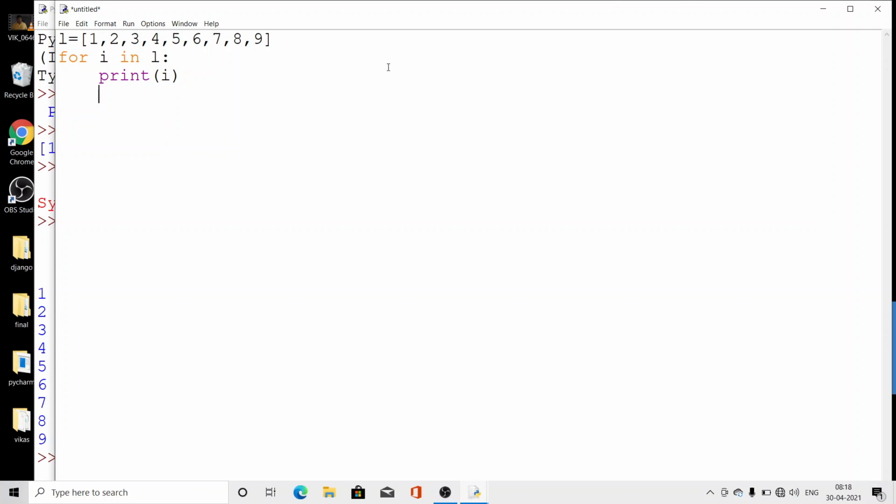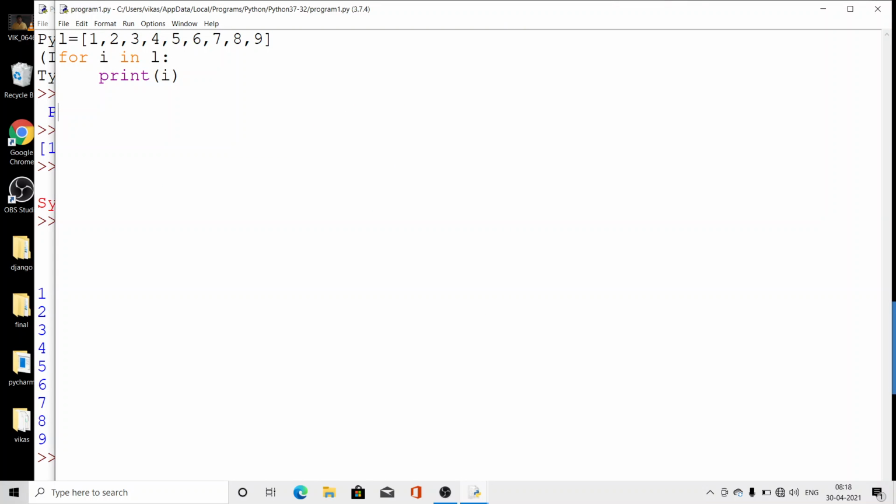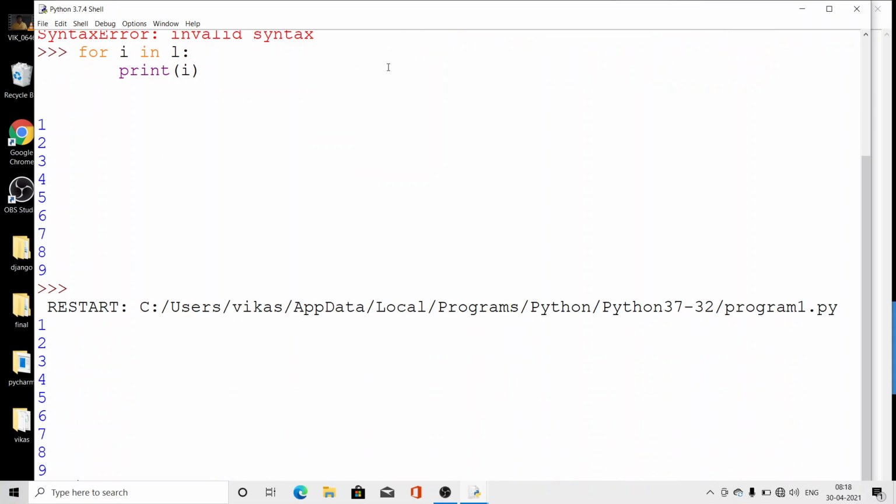Now here the in operator is different. Don't think it is the same as the membership operator, with the for loop the in is different. Here it is getting one element from the list. Clear? So save it here as program 1. Now run it.